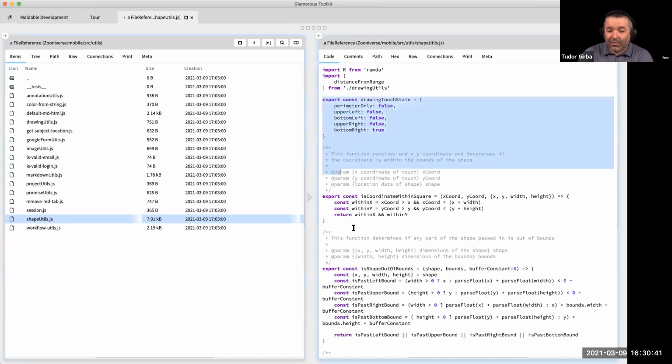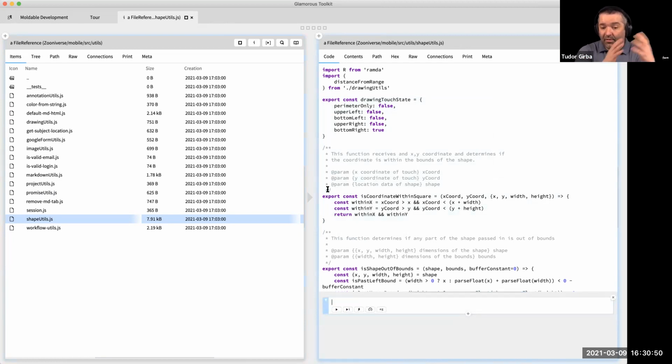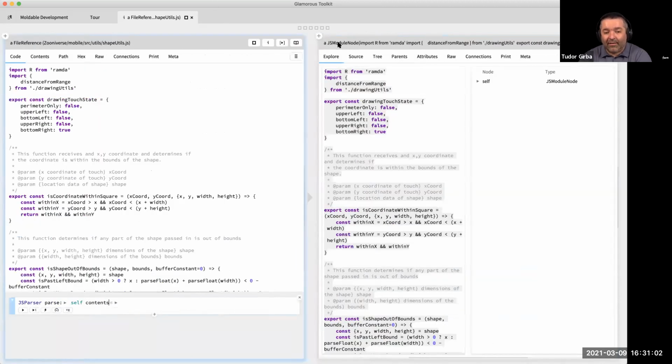Well, again, this looks like text, but it isn't text, right? It's a language, it's very structured, and because it's a language and we know it's a language, we're going to do exactly the same thing that we've done with the other thing. The form is not good. We want to change it. So how do we change it? Well, I'm going to take a JavaScript parser here, and I'm going to parse the contents of this file. And what do I get? Well, in this case, I'm not going to get the dictionary or the nested dictionaries, which is the representation of JSON. I'm going to get the abstract syntax tree of JavaScript in this case,